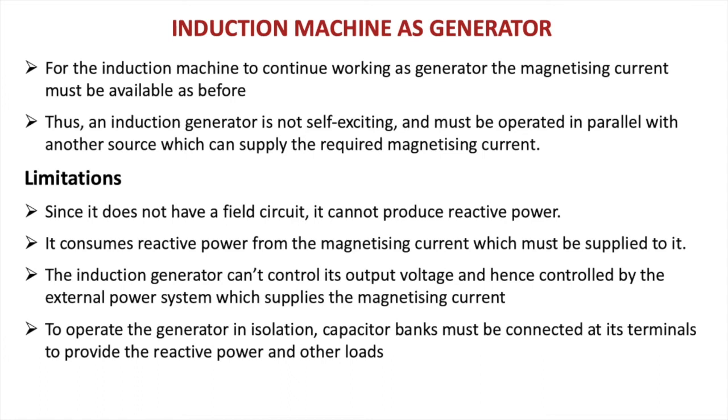So, in general, we can understand that an induction generator must be connected to a system which is already working, and the induction generator will get its excitation from the supply system, and then it can feed back the active power to the system by absorbing the reactive power, if it is run by some prime mover above the synchronous speed.